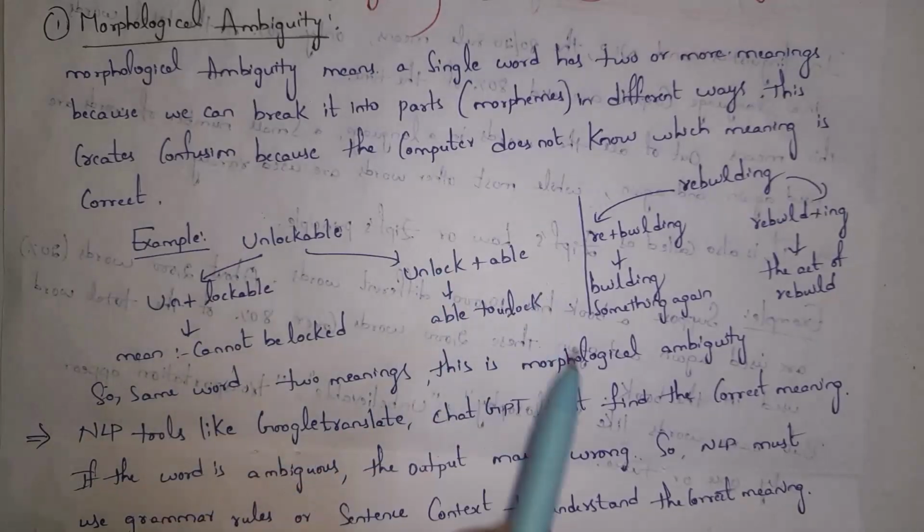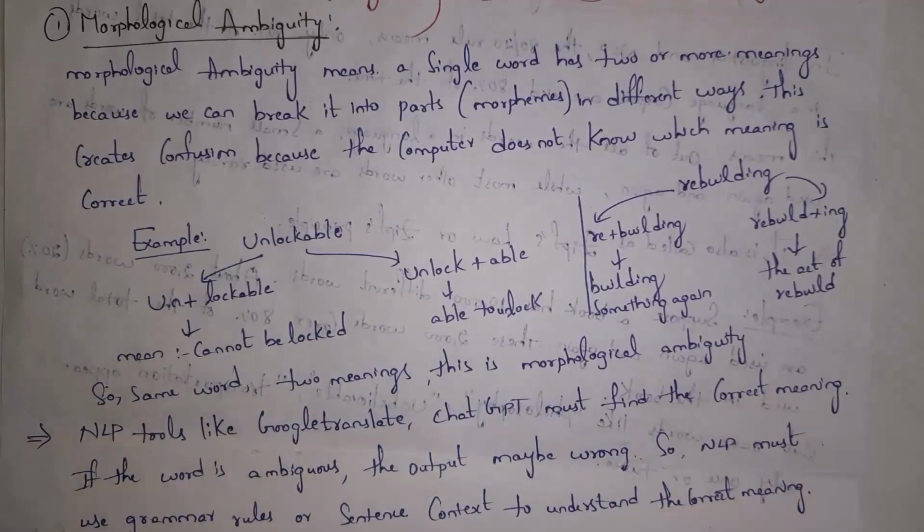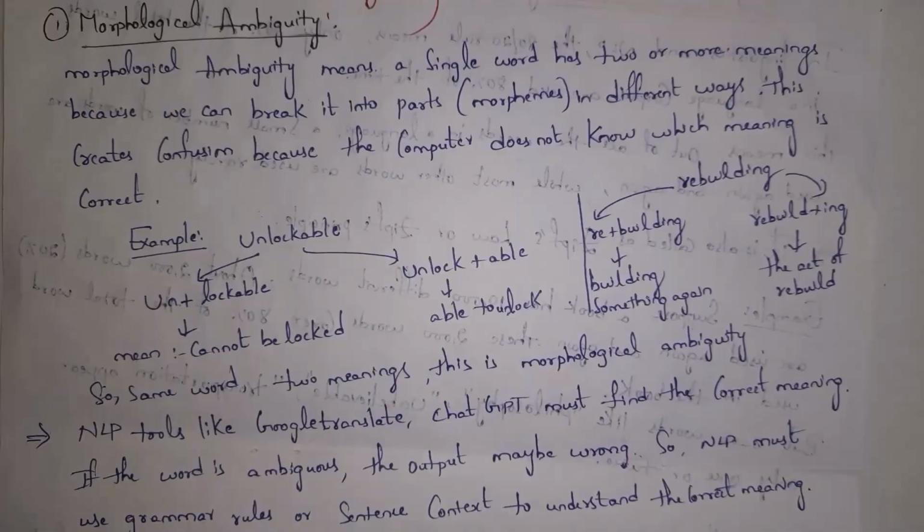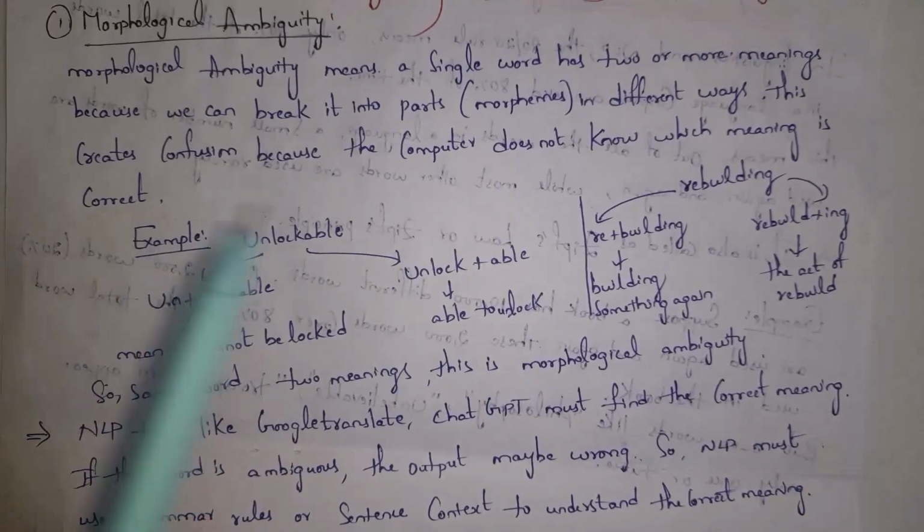Unlock plus able means able to unlock. That is, we are able to unlock. So both meanings are opposite. Now the computer will not understand which meaning is correct. This is known as morphological ambiguity. Whenever we break any word into parts, that is,